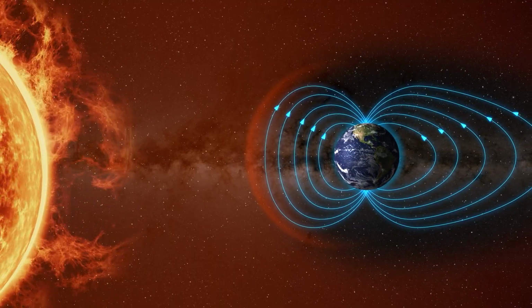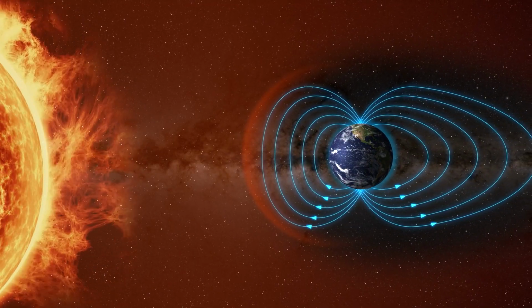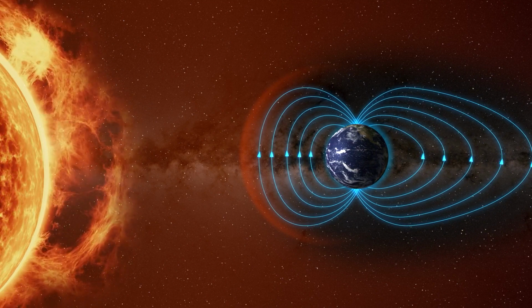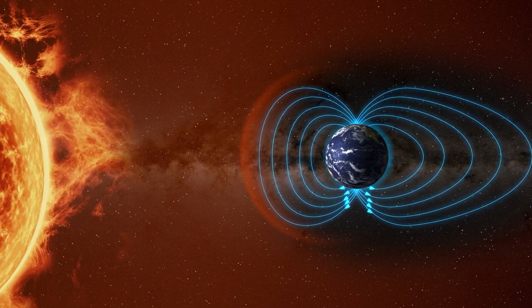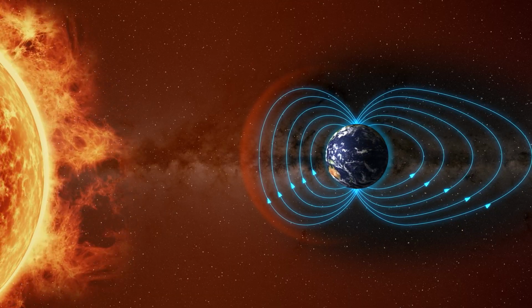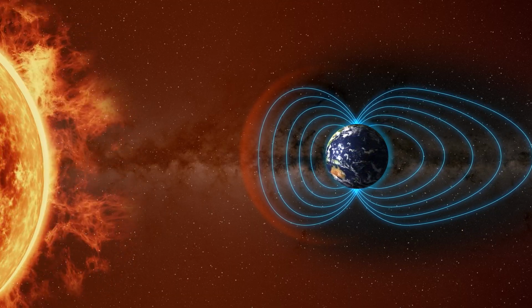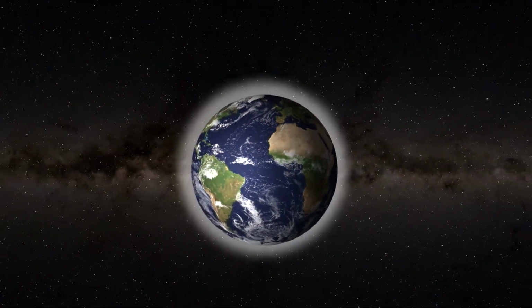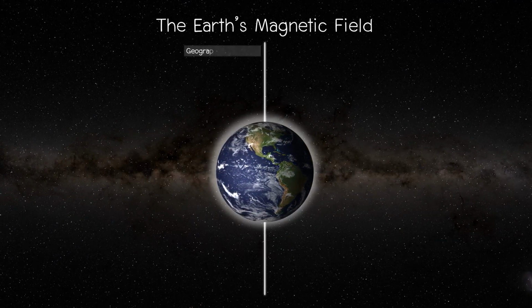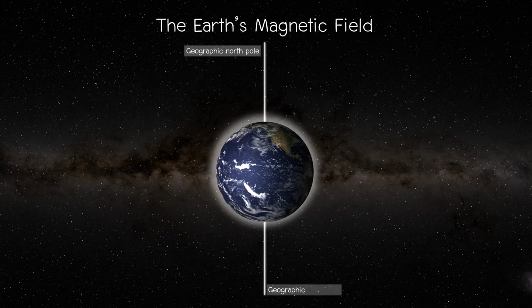Fortunately, Earth possesses a powerful defense system. Earth's magnetic field. Surrounding our planet is an invisible magnetic field generated by the movement of molten iron in the Earth's core. This magnetic field deflects most charged solar particles, forcing them to flow around the planet rather than strike